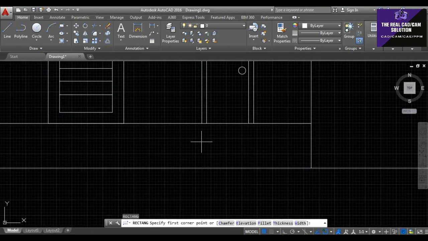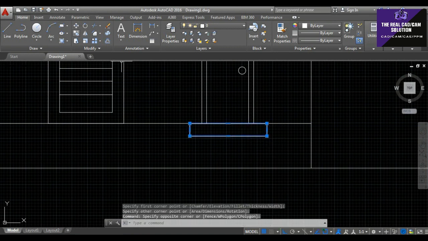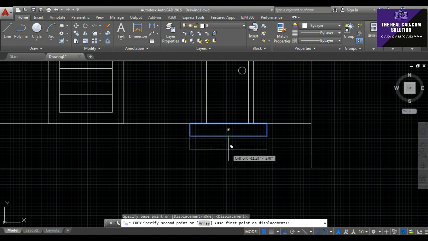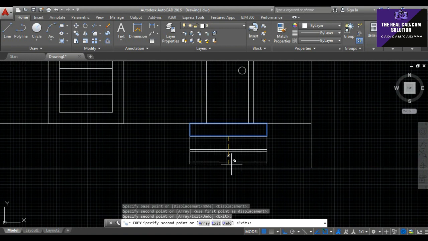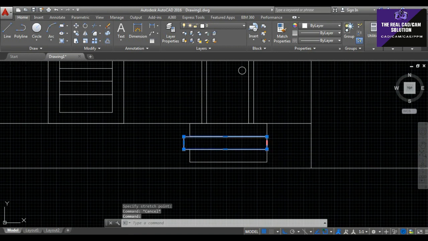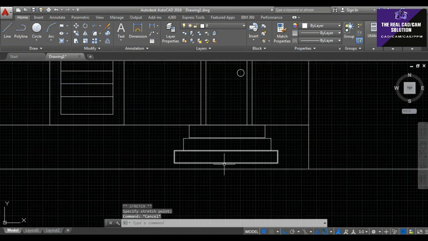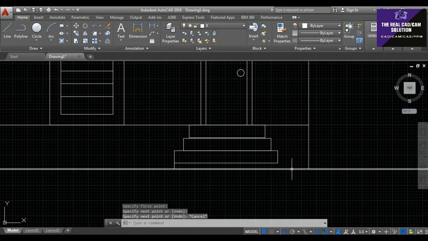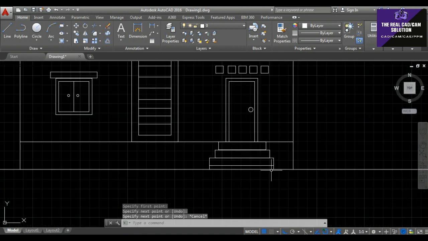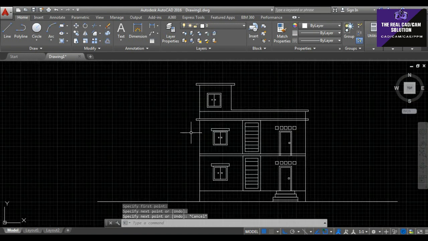Okay, our elevation is ready. Here I want to draw some steps. Okay, it's ready.